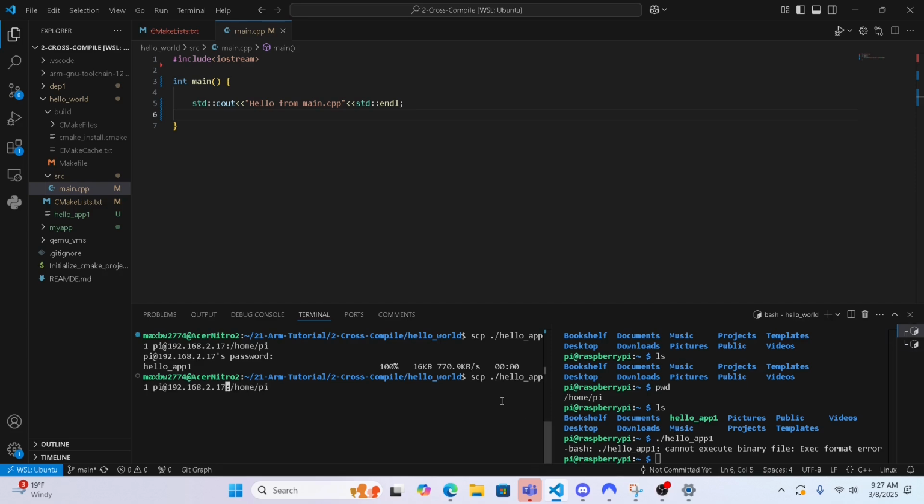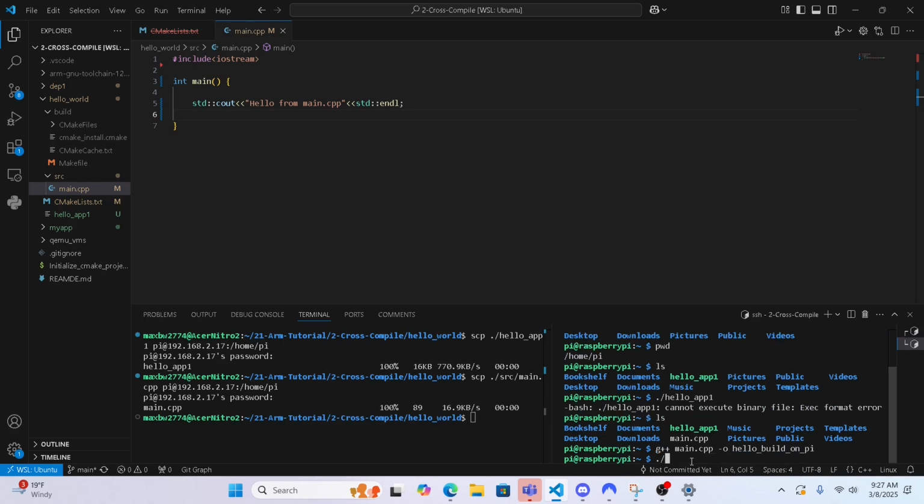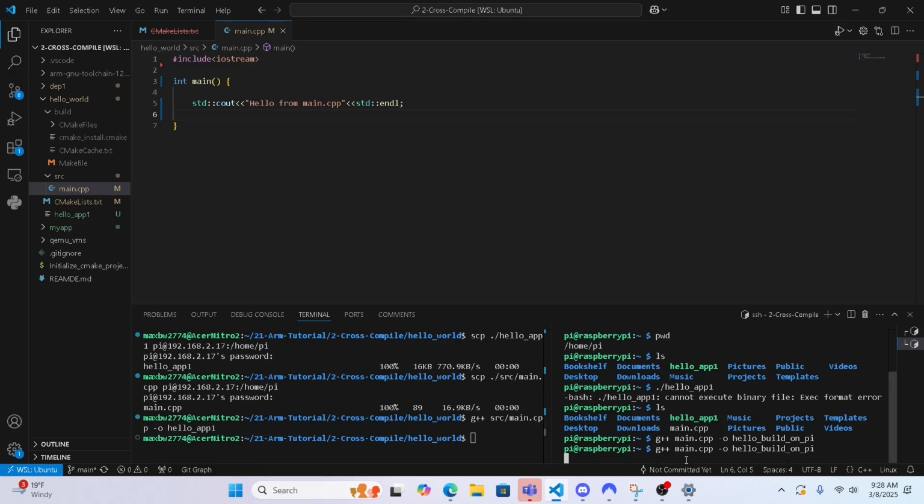However, if I copy the source file over, we use the compiler that's on the Pi itself. And you can even see that actually that took longer. So that was like a whole second, whereas on our computer, it was like right away. Whereas on the Pi, one Mississippi, two Mississippi, three Mississippi. That was almost 3 seconds. Okay. So that's also part of the reason why you want to cross compile, but we'll see here that